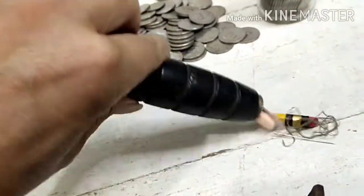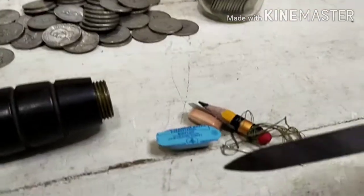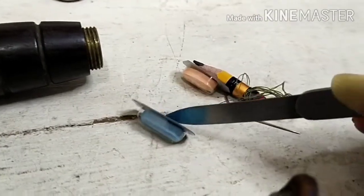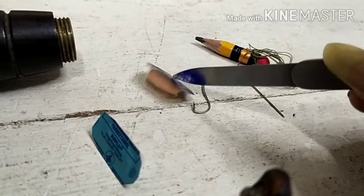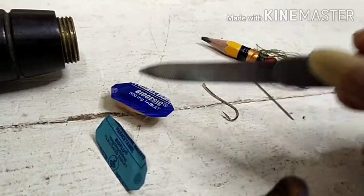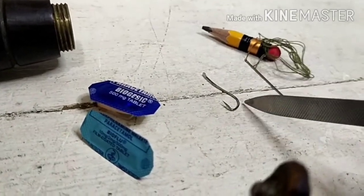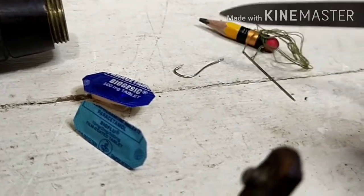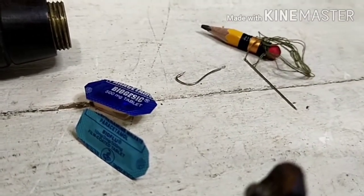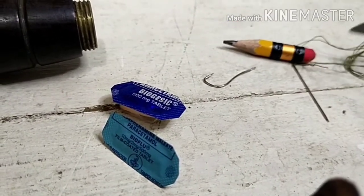And what do we see? Oh, look at that. Look at that. Survival stuff. We have here BioFlu in case you get colds in the jungle. Then we have this paracetamol Biogesic in case you get a headache or fever. We have here a small hook for fishing in the rivers or the lake, but you got no string for that. We have a small pencil for writing messages in case you get